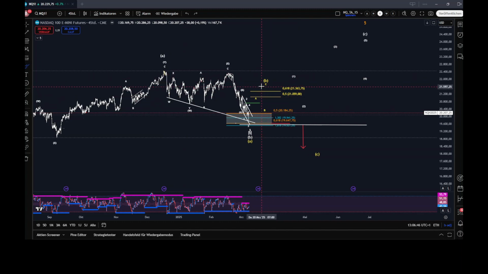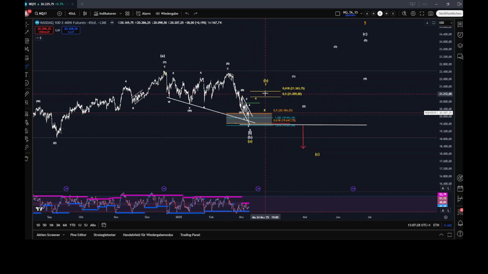The question is, as I said, now we have to observe the chart. If we are building this impulse in white, or we only get now 3 waves up. And that's very important. This move up now, this counter trend rally, will show us a little bit more, okay? So the first scenario is that possibly there is one more low in this diagonal pattern. I cannot rule that out. Scenario 2 is that we already bottomed here and we are building 3 waves up, followed by another impulse to the downside in the C, because the C wave in this scenario would definitely be an impulse, and it needs to be a very strong impulse